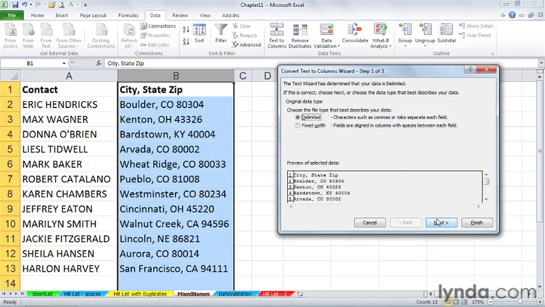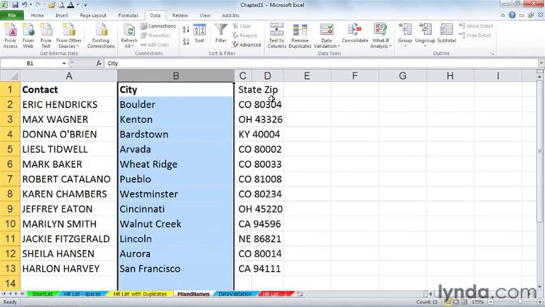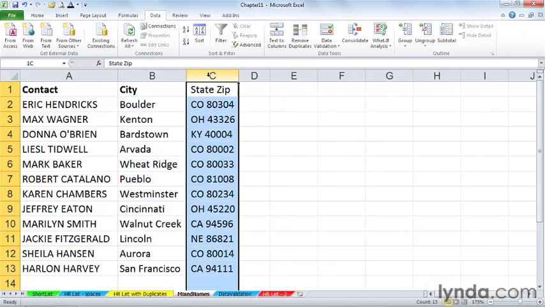Step one, choose delimited. Next, comma is the key indicator here. This will take care of isolating the cities, but not the state and zip. So we'll essentially do this twice. And at this stage, simply click Finish. And you see what's happened here. Readjust the column width. And now we've got this data here,